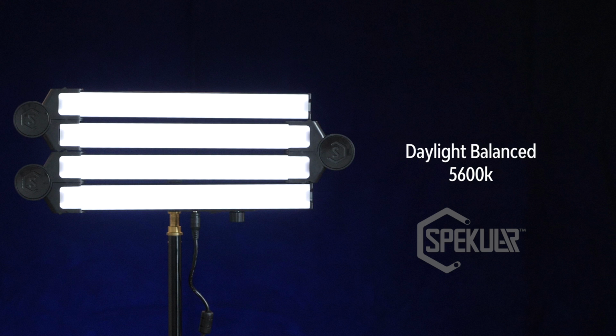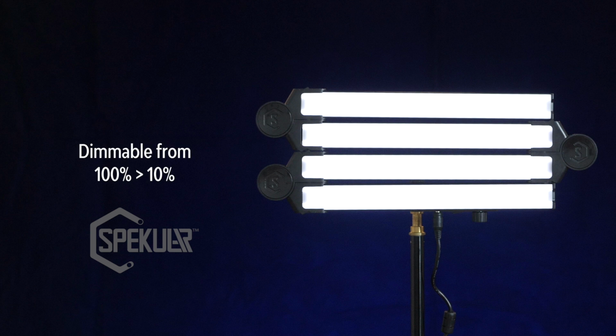They're daylight balanced at 5600K with a CRI of 94+. We'll talk more about that CRI stuff at the end of the video. They can be dimmed from 100% all the way down to 10%, and they output light at a beam angle of 120 degrees. And they're small, just 1.5 inches or 4 centimeters square and 12 inches or 30 centimeters in